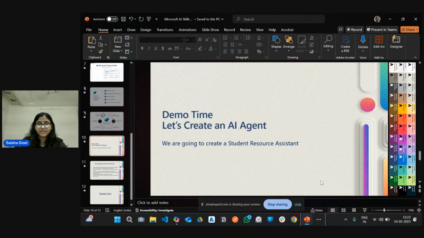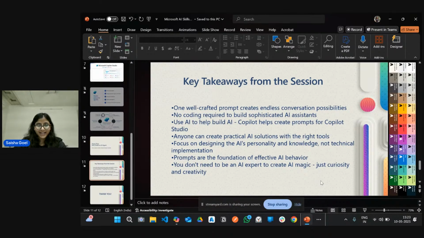Now, as we come to an end of the session, before we wrap up, here are a few key takeaways from the session. Basically, one well-crafted prompt can lead to 1,000 conversations. You don't need to code to build powerful AI solutions with tools like Copilot Studio.